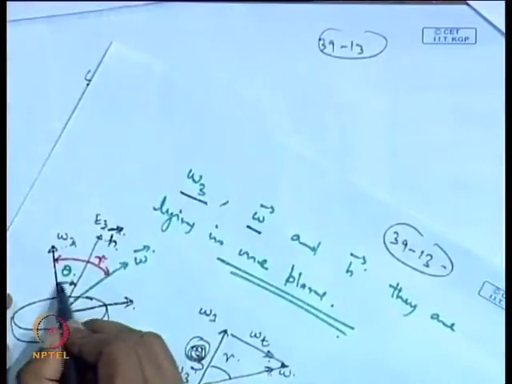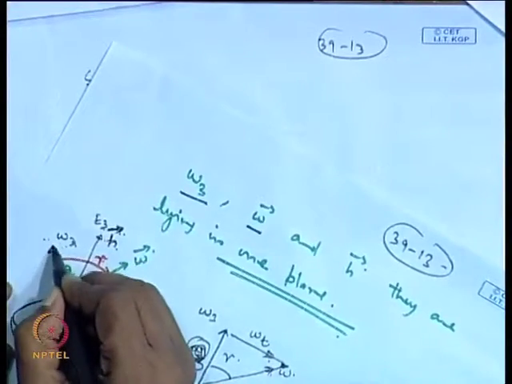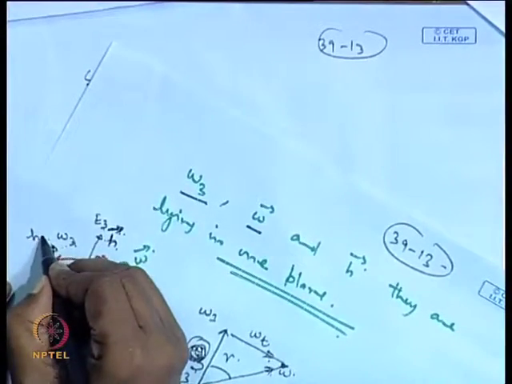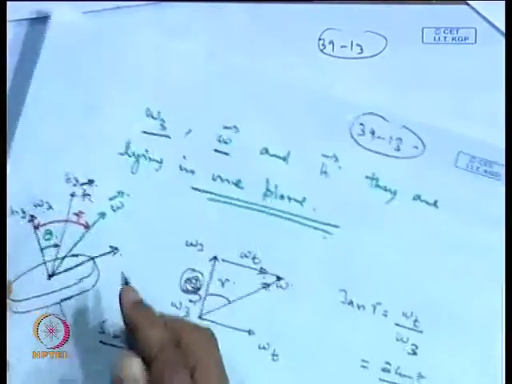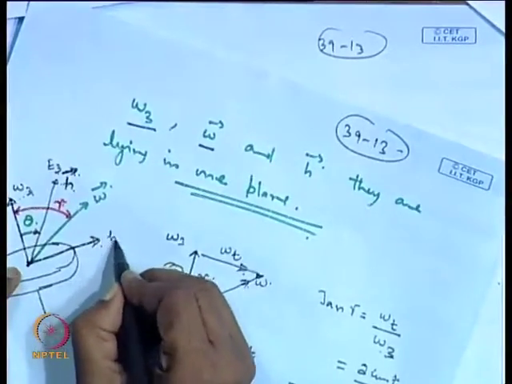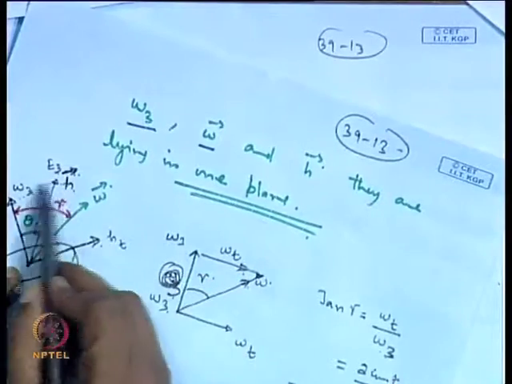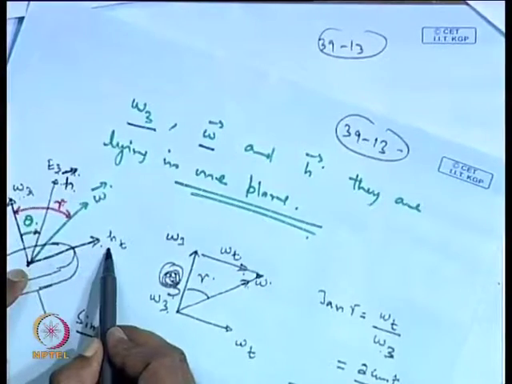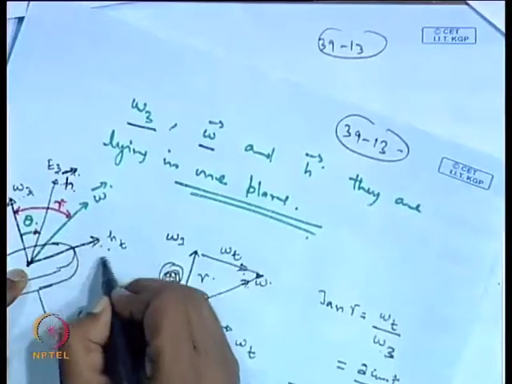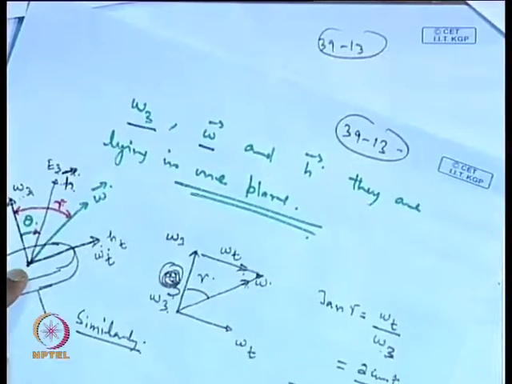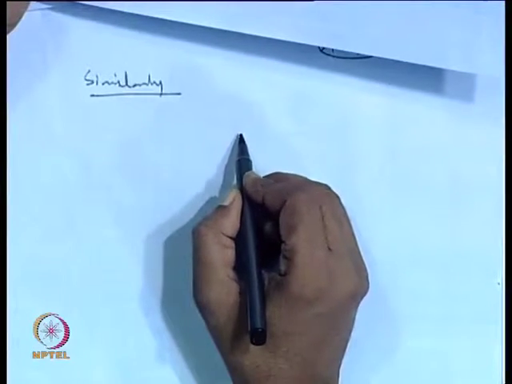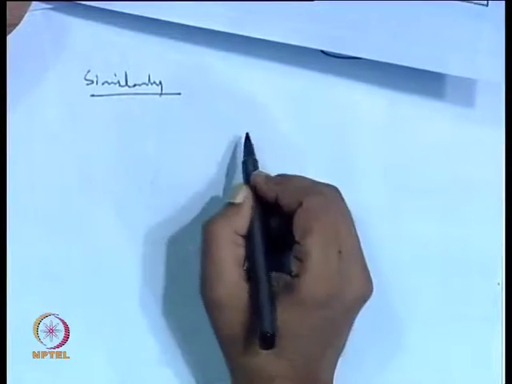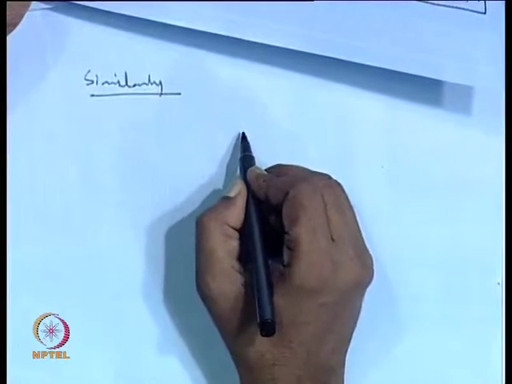Similarly, you can write this angle theta. So, along the third direction we have h 3, and h t is obviously lying in this plane, because h is lying in this plane. So, the component of h t we can write in this direction also, and omega t is also along this direction itself. Okay. So, the same kind of figure we can draw for h t and omega t also, h t, h 3 and h and h t.